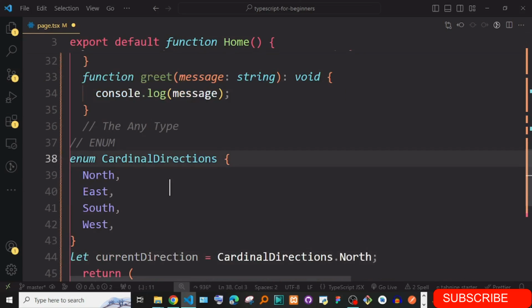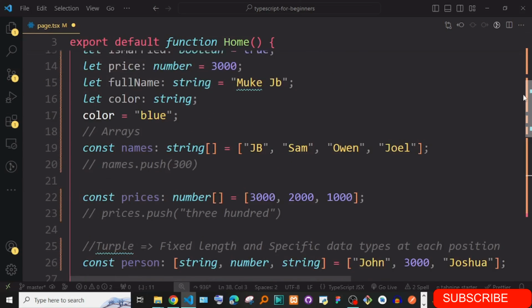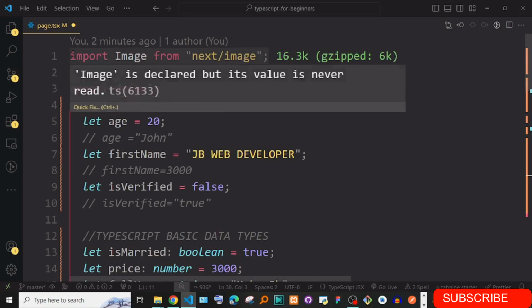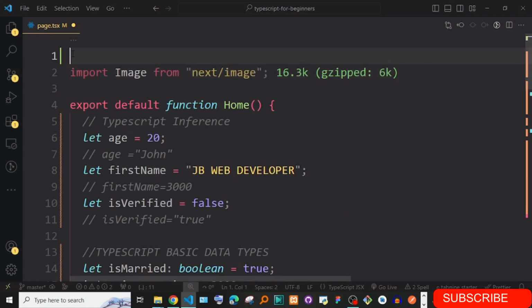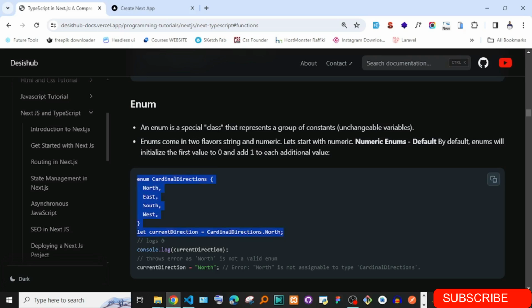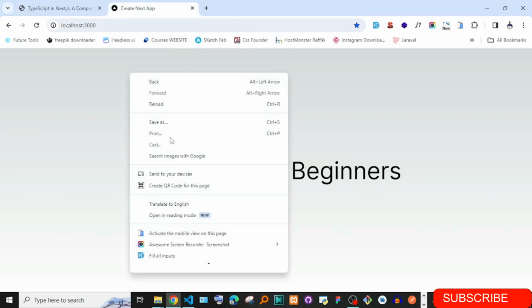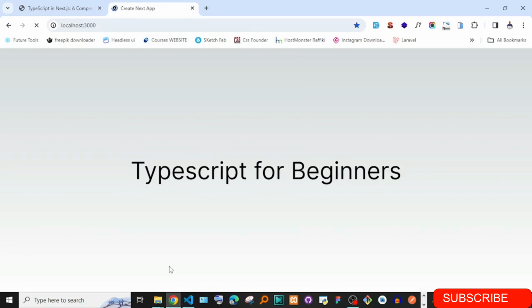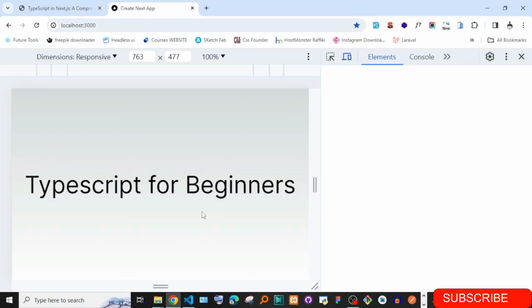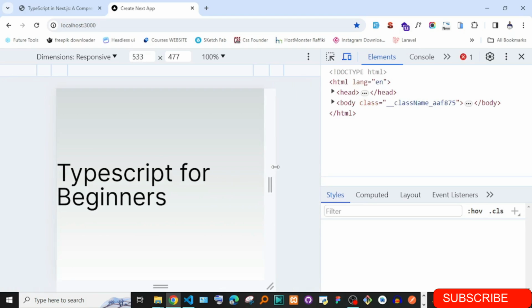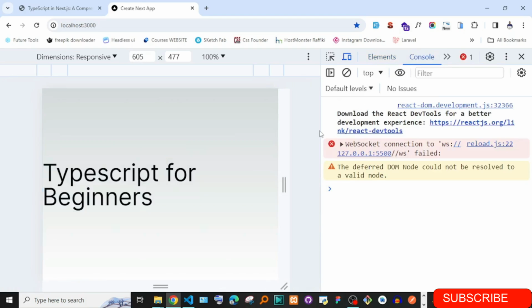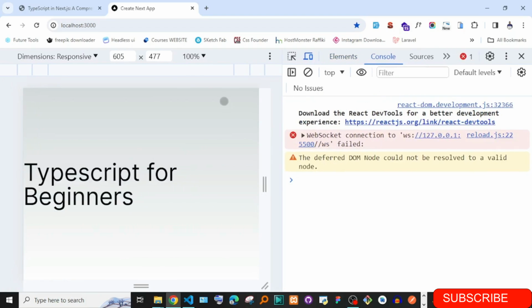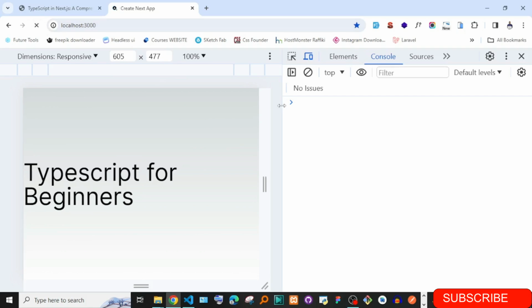Now to simplify life, let me just make this use client, so that we can just be looking at this in the browser. So let me just go here in the browser, bring this here, and let's go to the console, and let's just refresh.